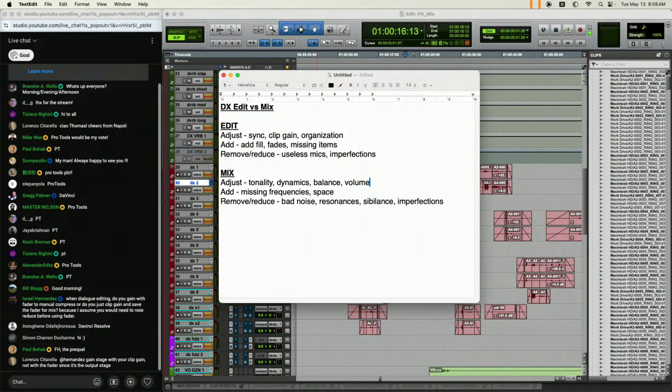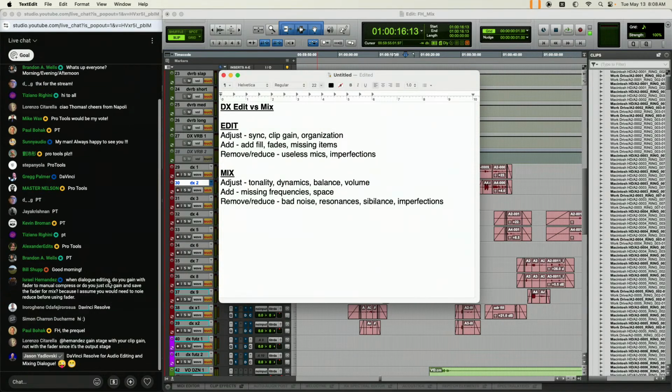Lorenzo answered how I would answer, which is gain stage with your clip gain, not with the fader. I do both. Save the fader for the mix, Israel, just like you said. Clip gain during the edit, and then save the fader for the mix. Exactly. That's the right way to do it.